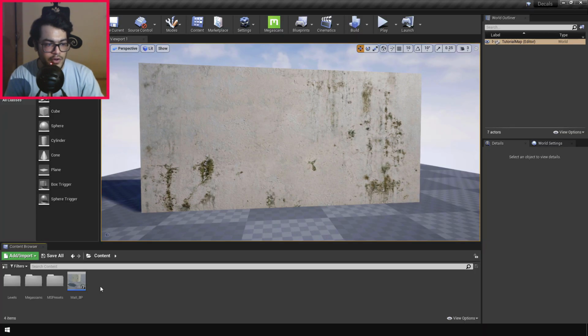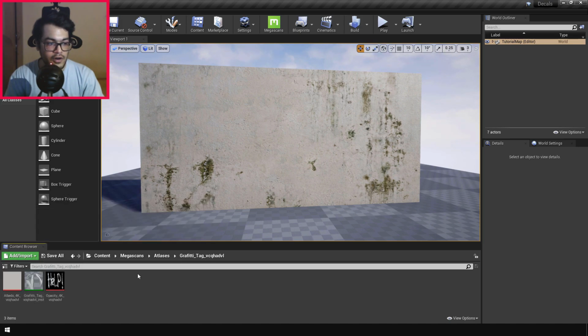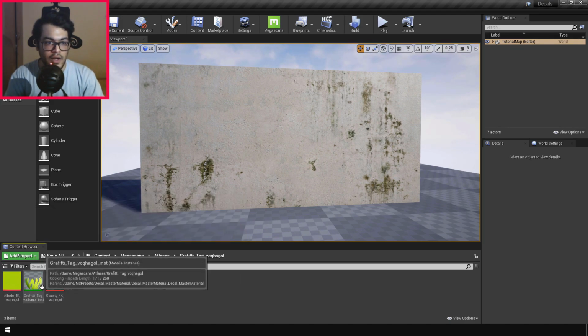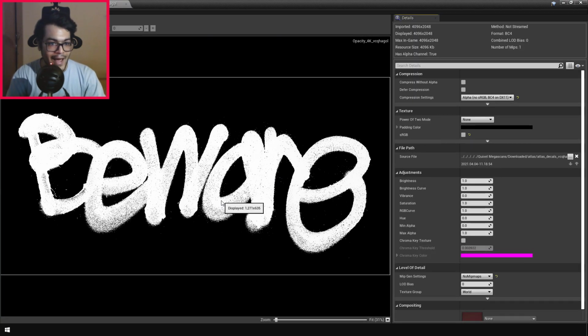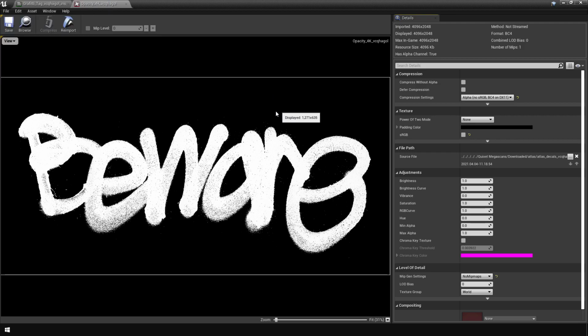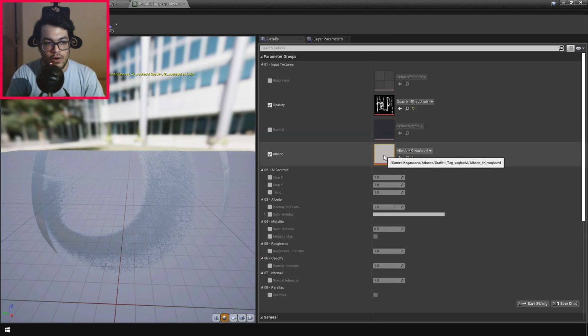So now in Unreal Engine, you will see some new folders. You will see a Megascans folder, and in that we have our graffiti materials. I'm going to use this material as our starting point for making decals. If I open this material, we have 4 texture slots: the roughness, opacity, normal and albedo. The opacity map is just a black and white texture. So the black areas will be completely transparent and the white areas will have our color. Similarly, if I open this, the material also has a similar setup.